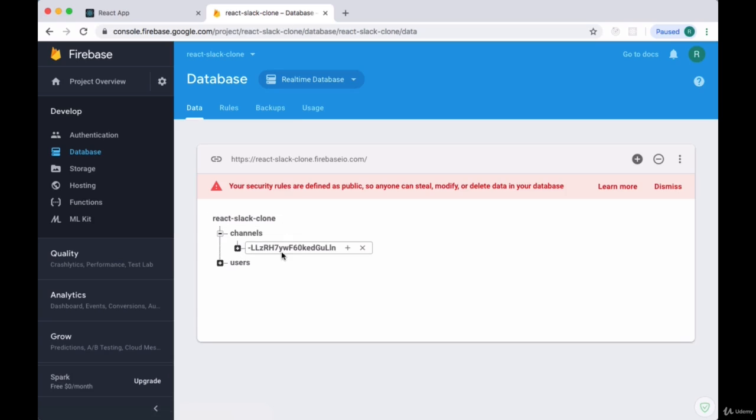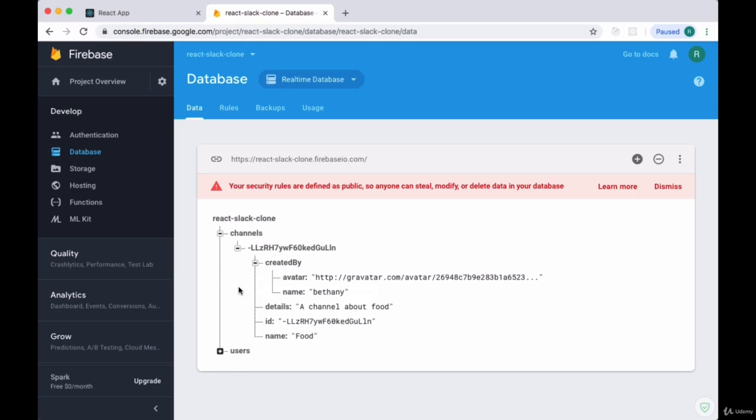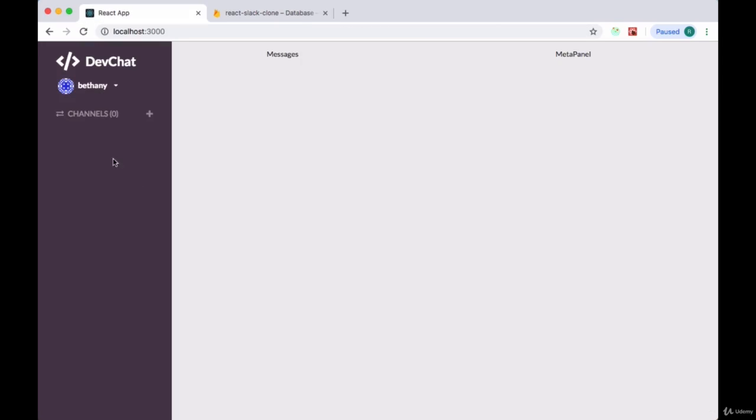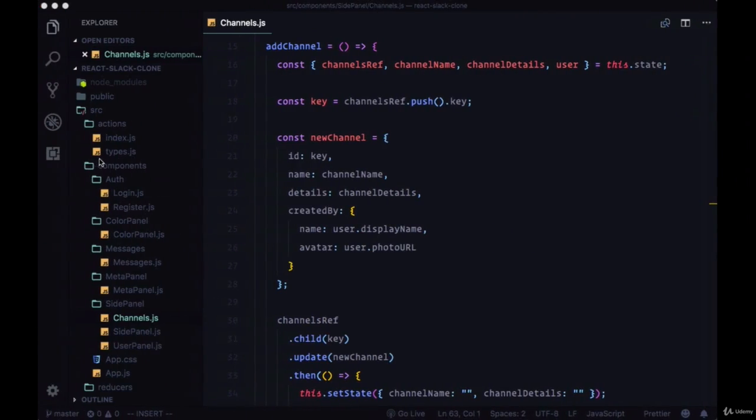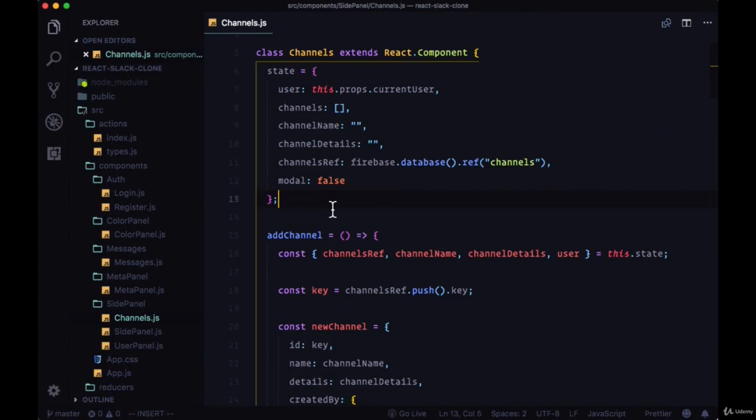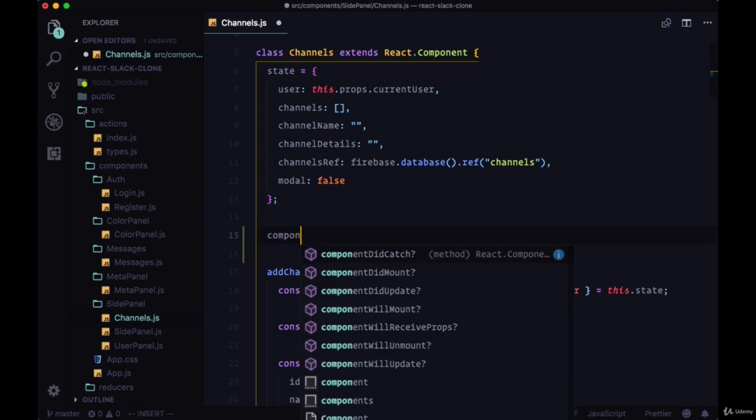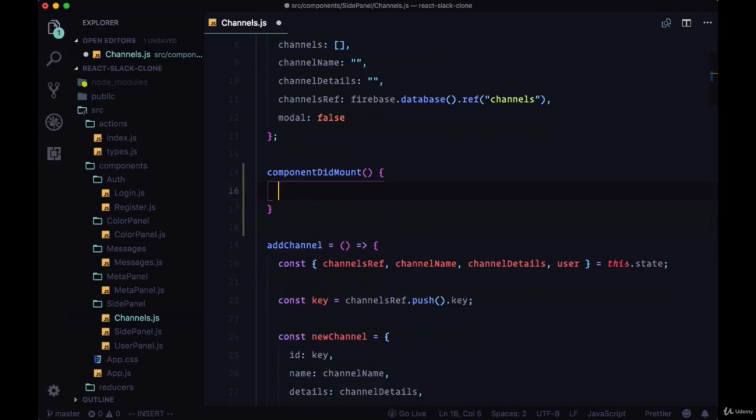And back in our database we have our channels collection, our unique identifier for our one channel that was added, as well as all the information we specified: name, ID, details, and our created by object. We have our first channel added to our channels collection. Now we want to get all of the channel data, all of the channels that users have added within our channels component. We'll do that by creating the componentDidMount lifecycle method and putting within it